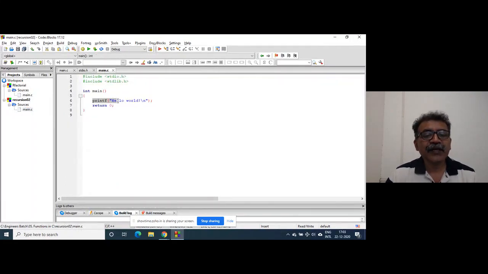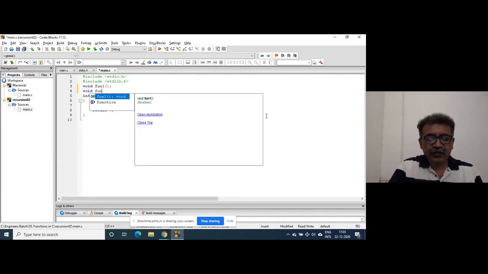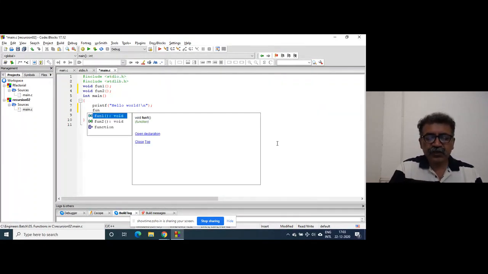There can be indirect recursion, right? I will suppose write void function 1, and void function 2, fun1 and fun2. Suppose here fun1 is called.